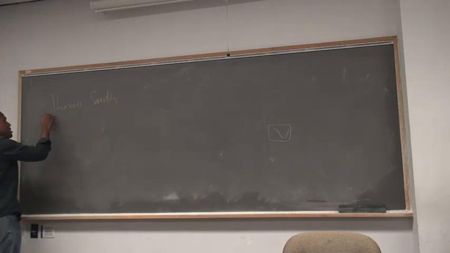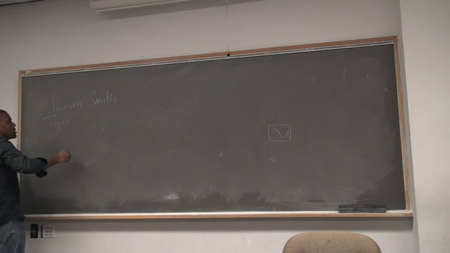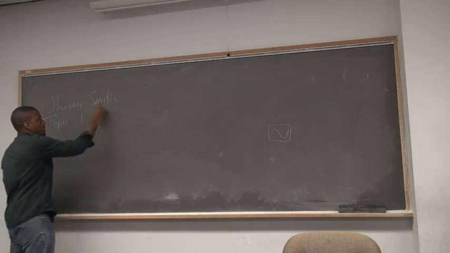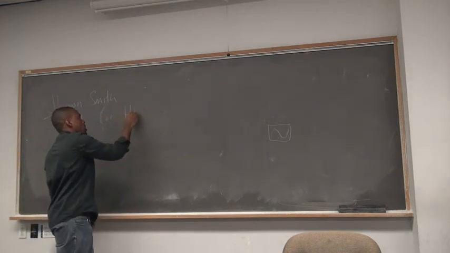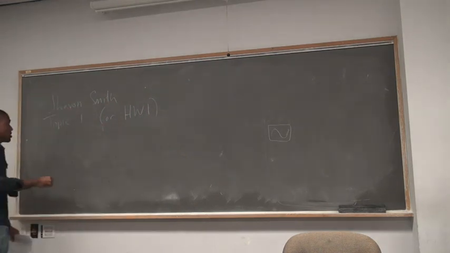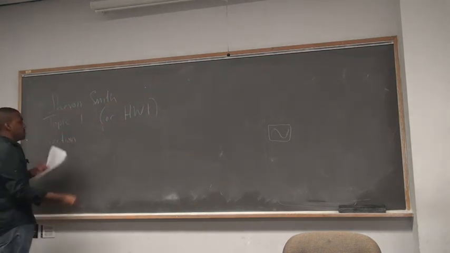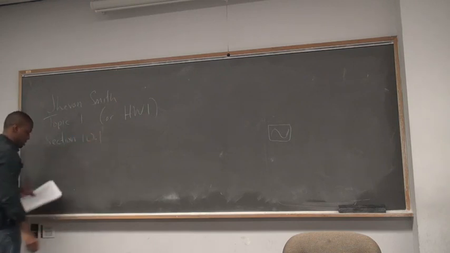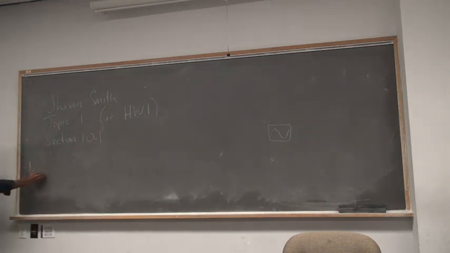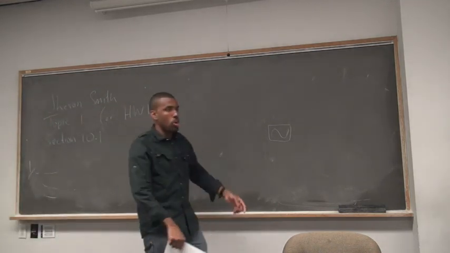So if you're handing in homework, I expect the top should look something like the name. Then you can say topic 1, or you can say homework 1, either one. Then you say section 10.1, and then you can start the problem, blah, blah, blah, right? But I expect the heading of your homework to be like this. I expect it to be stapled if it consists of several pages. I expect it to show all your work.